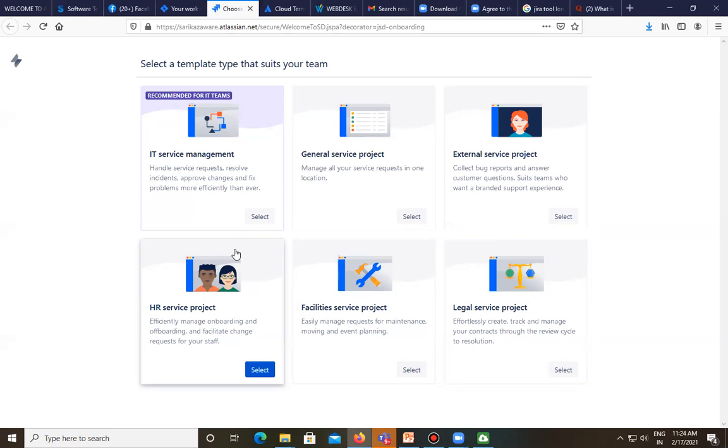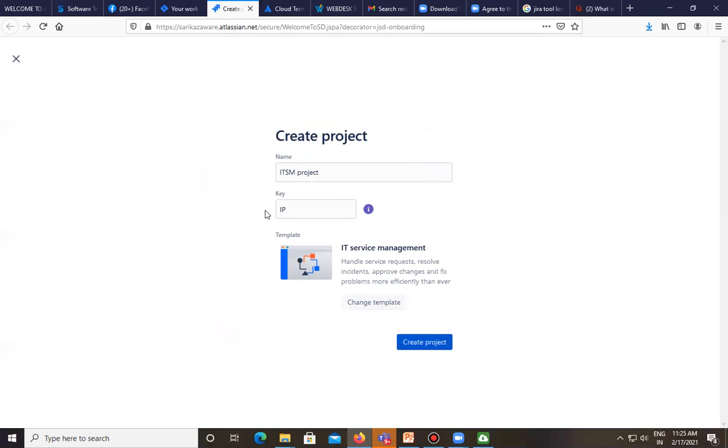Software also has different categories, depending on what type of software we are going to prepare and the category of that software. Based on that, the project leader or manager has to select the template. Suppose recommended for IT teams; we consider here an IT team. Now we'll see what is next there.